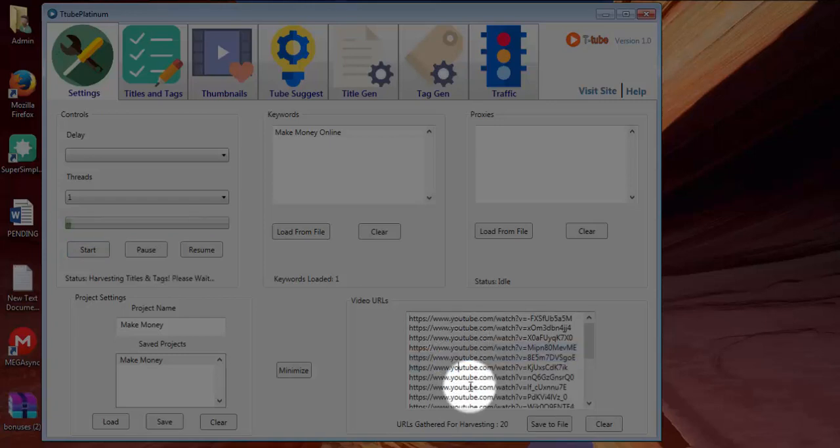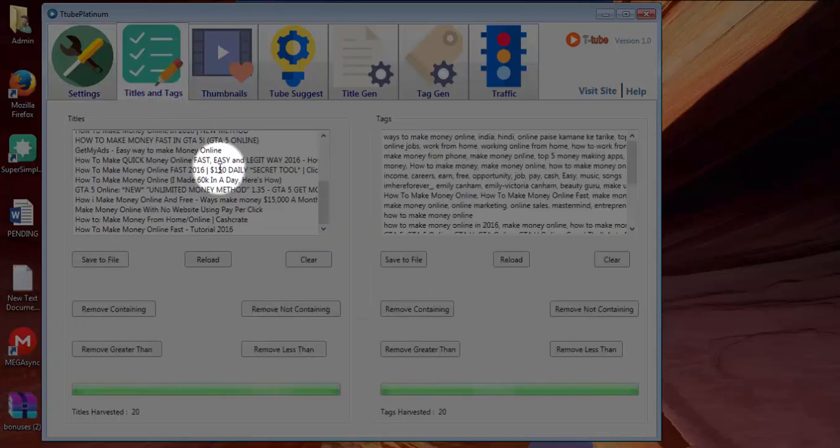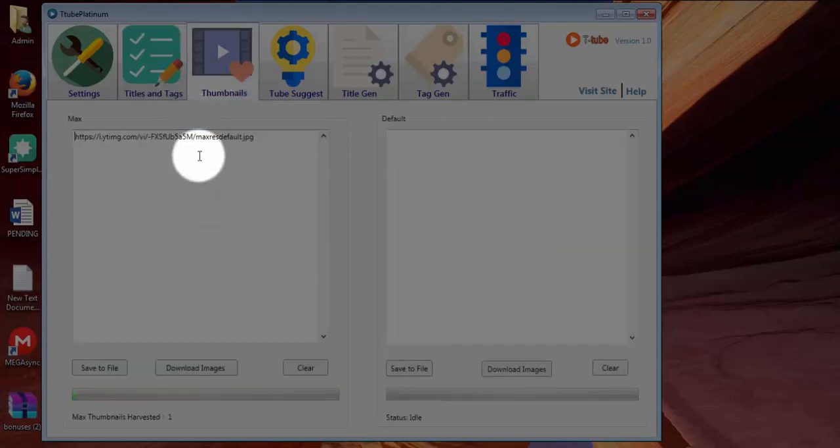In this case, none of the URLs were related to a channel or advert, so we see a total of 20. Then it will immediately start harvesting all the titles and tags for the top first page results. It will also begin to harvest all the thumbnails, which I will discuss in the thumbnail section of the video.